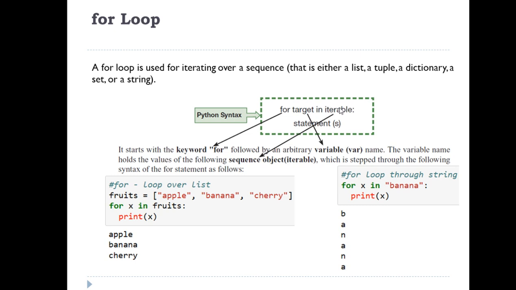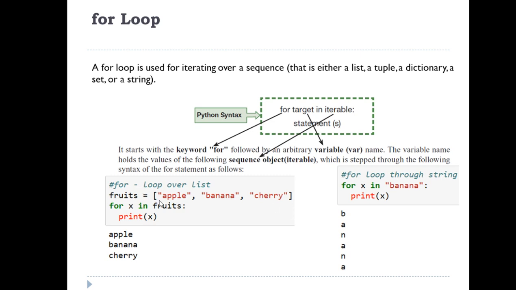It can be a list, it can be a string, it can be a dictionary or a set. Okay, so we will see some examples to understand this. See, in this example, I am trying to iterate over a list. What is the list here? Fruits is equal to apple, banana, cherry. How do you know it's a list? Because it is